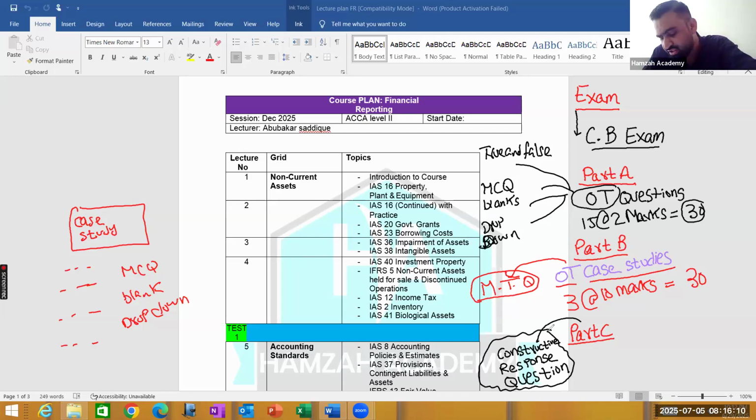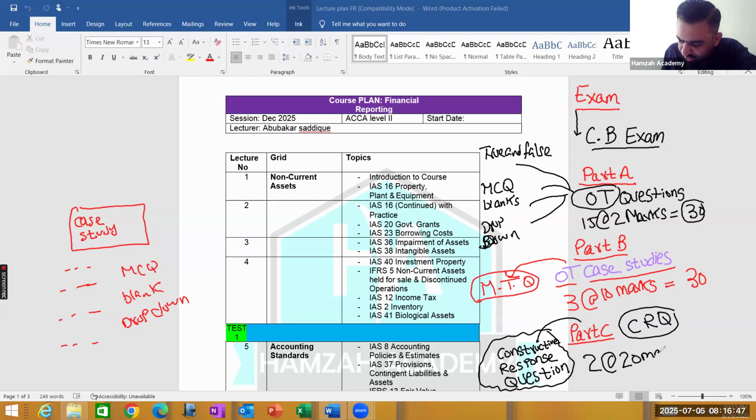Constructive response question, which is known as CRQ. When I say a constructive response question, that means you will have a long question which needs a constructive answer. You have to write the answer in this part of your exam. And there will be 2 questions, and each question